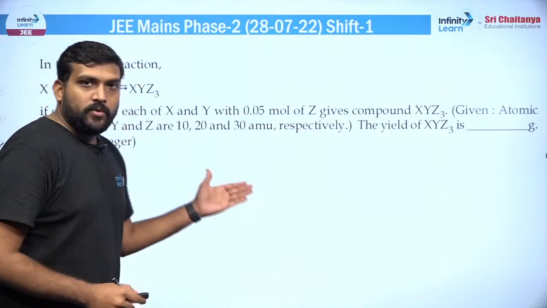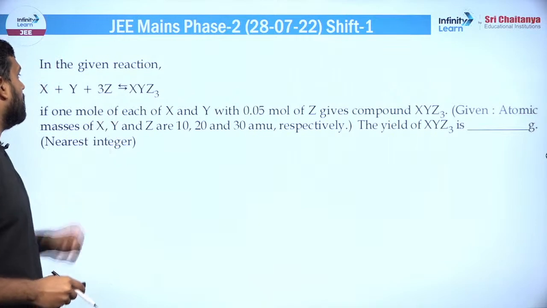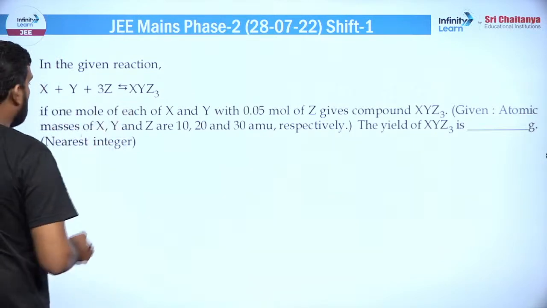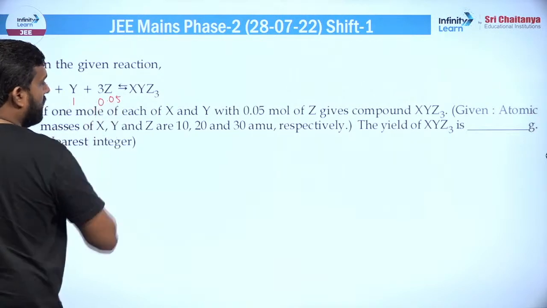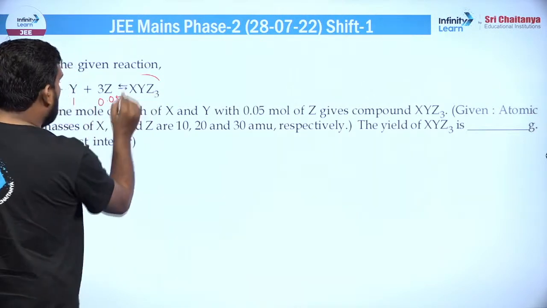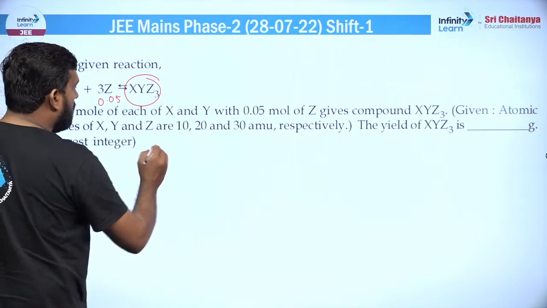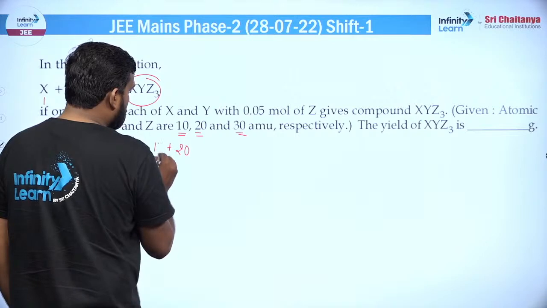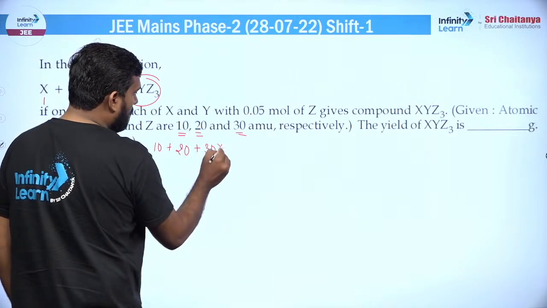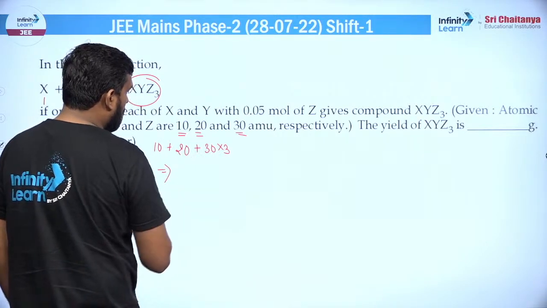यहां से इंटीजर टाइप क्वेश्चन शुरू हो रहे हैं, ठीक है, एक एक करके हम लोग देखते हैं। तो इन द गिवन रिएक्शन, एक रिएक्शन है जिसमें 1 मोल ये है, 1 मोल ये है और ये 0.05 मोल है, क्वेश्चन के अकॉर्डिंग, और ये आपको प्रोडक्ट दे रहा है, इसका मास आपको बताना है और इसका मॉलिक्यूलर वेट आपको पता है, मॉलिक्यूलर वेट जो हो जाएगा वो हो जाएगा 20 + 10 + 30 × 3, ठीक है, तो ये बेसिकली कितना आ रहा है, ये आ रहा है 90 और 30 120 आ रहा है, ठीक है, 120 ग्राम।